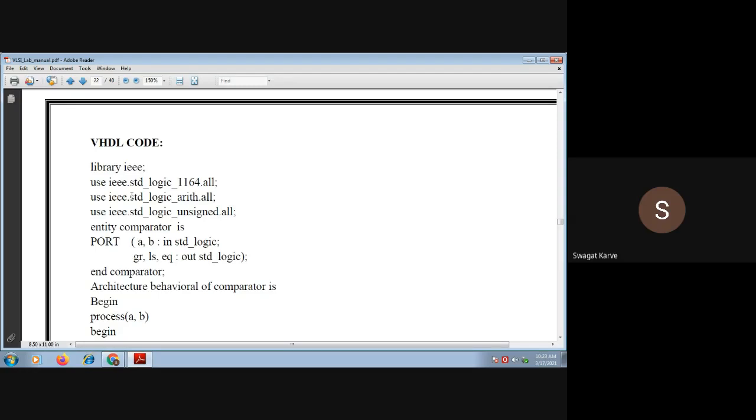And along with that we are also defining the unsigned package, the std_logic_unsigned, because if the input happens to be an unsigned number and you don't declare this package, then you may face an error. To avoid this problem, you should define the std_logic_unsigned package.